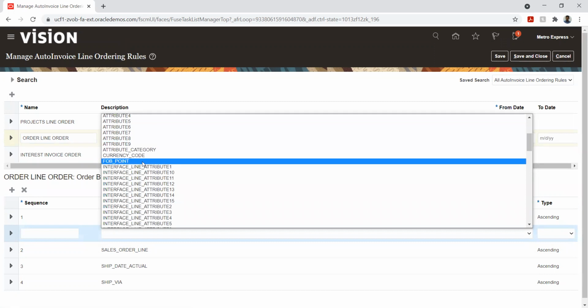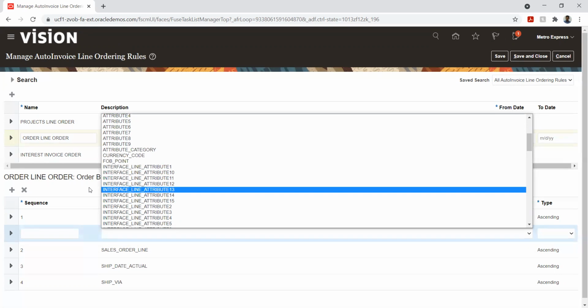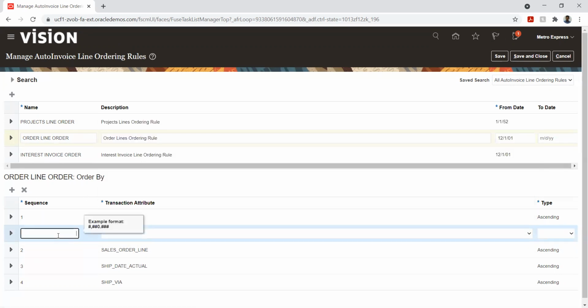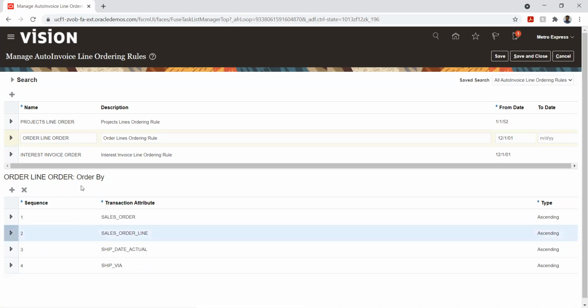So why do we normally use this auto invoice line ordering rules? What's the reason for using this? Let's say I have 10 different lines. Whether I want to have them as 10 different lines or as 4 or 5 different lines, that is what we are trying to do here. Which means consolidation. Yes, correct. It is aggregating all the lines and making it 1 line or 10 lines or 5 lines. So based on how you want to consolidate certain things.